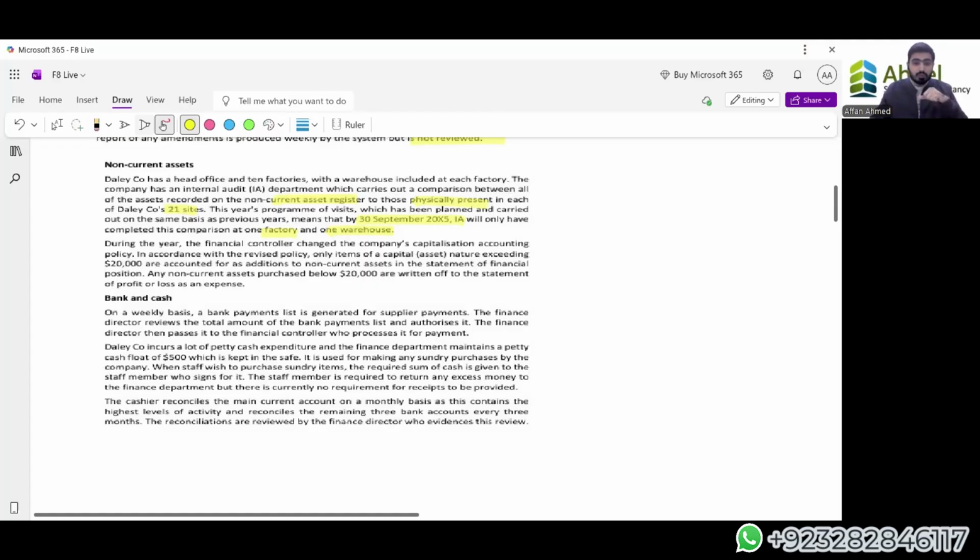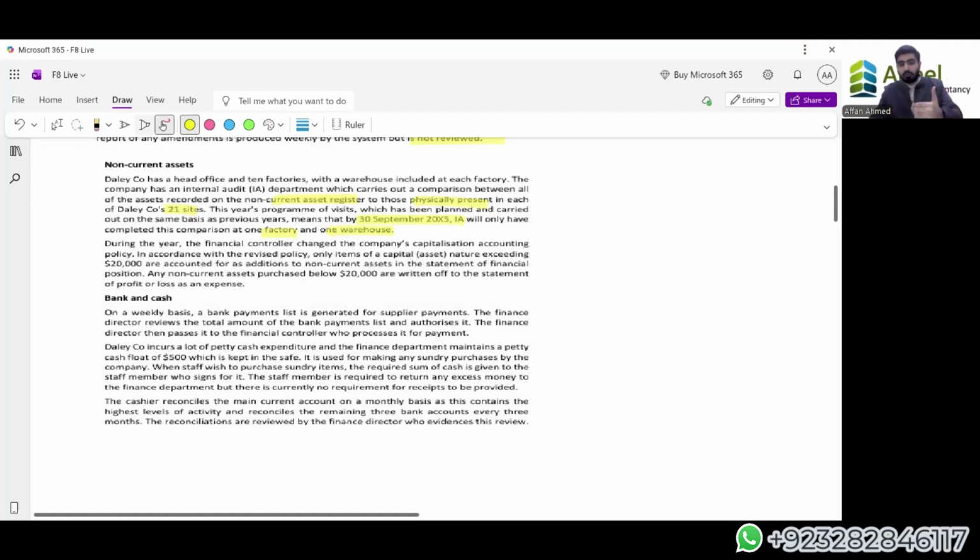Now, what is the main issue? If the non-current asset register is not physically verified, what will happen is that we might have an asset that is not present physically, and it is in the books. That is a risk. Next, the asset might not be in a good condition, right? If we are not physically verifying, the asset might be a scrap car that we have recorded at a full cost.